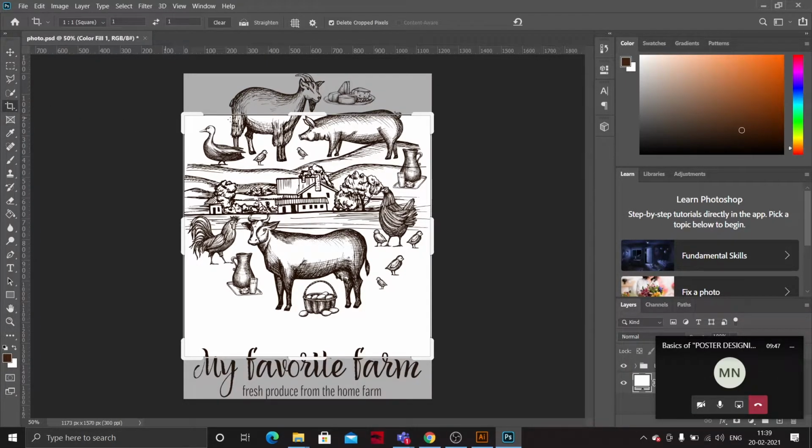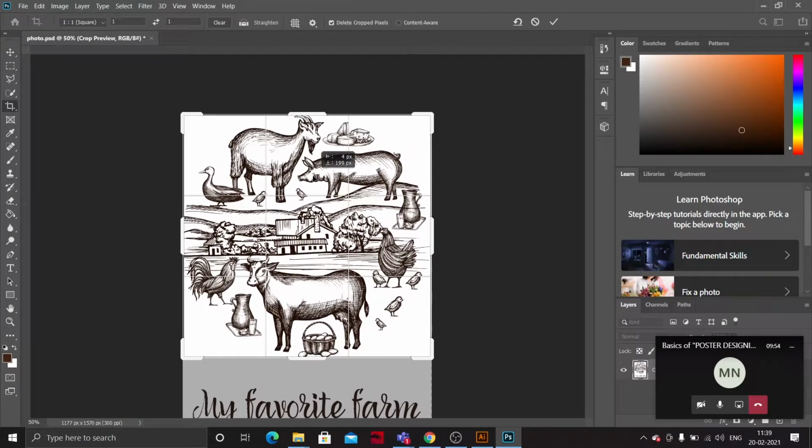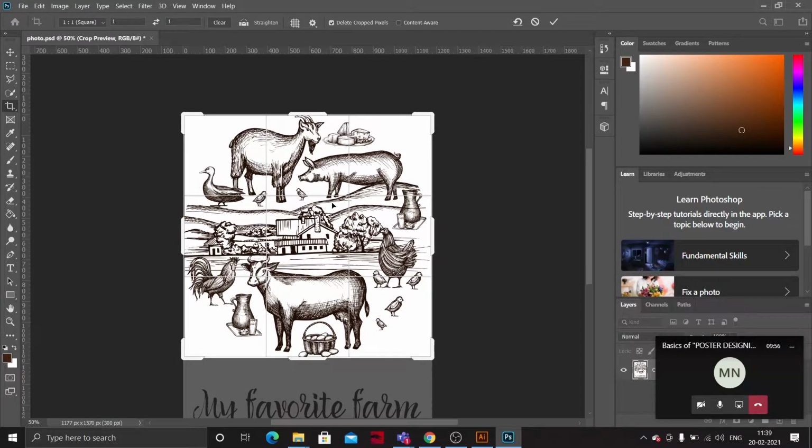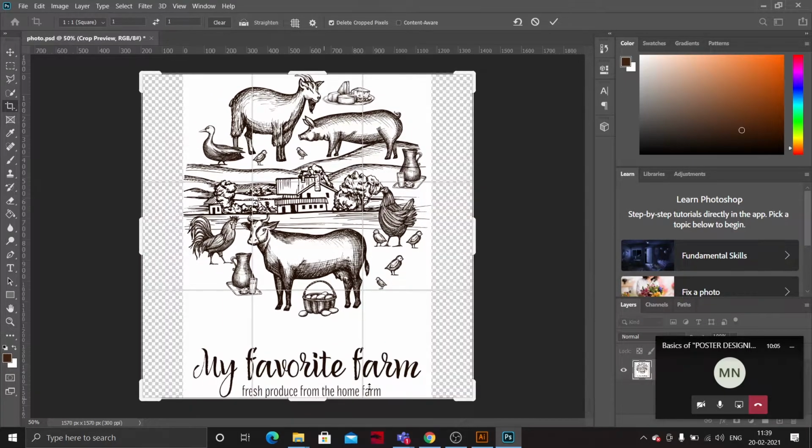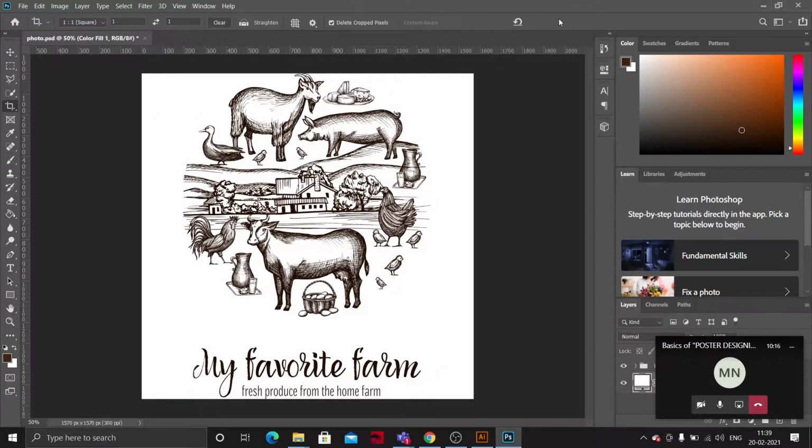Now just crop the image, let's take till here. Or if you want to add this text also you can. This whole thing, the background, can be converted to white. That's not a problem. Everything is okay.